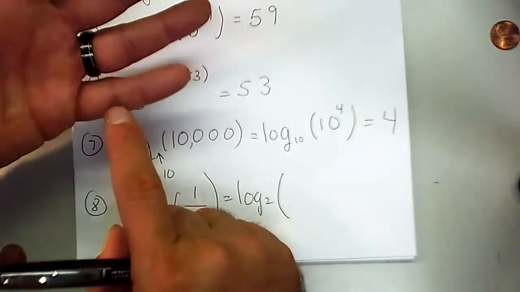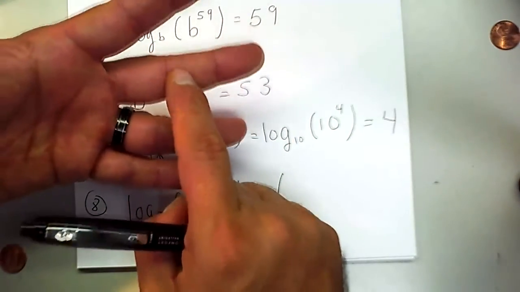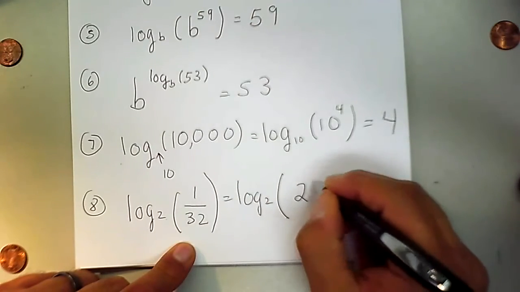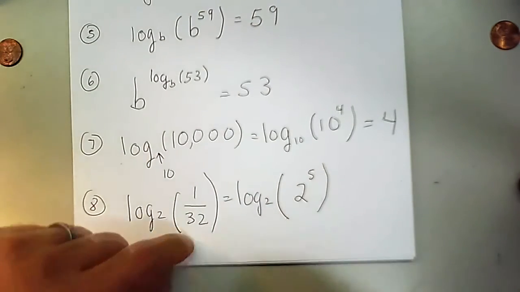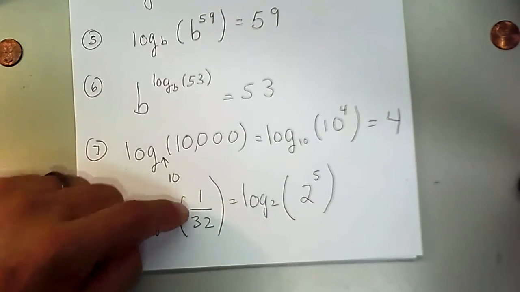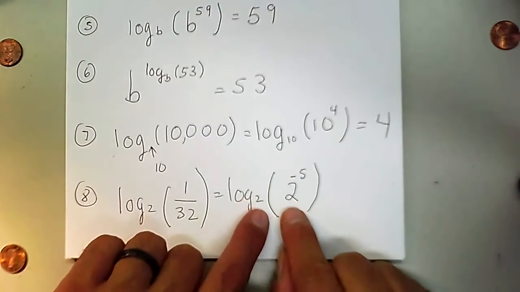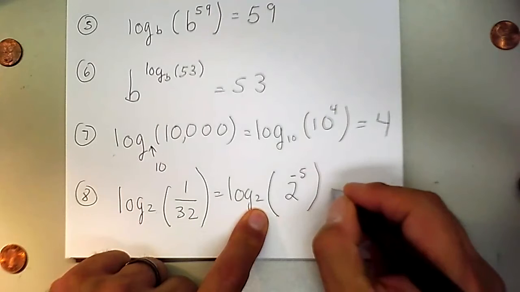So we go 2, 4, 8, 16, 32. All right, so that is 2 to the 5, but there's more to it. This is a reciprocal situation, so we actually have a negative exponent. Aha, now we got the same base. So the answer should be